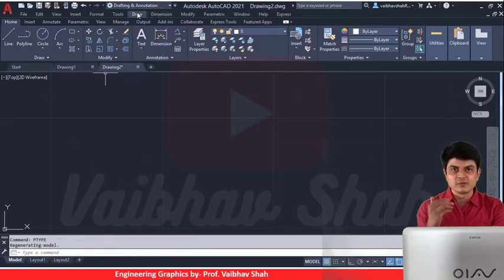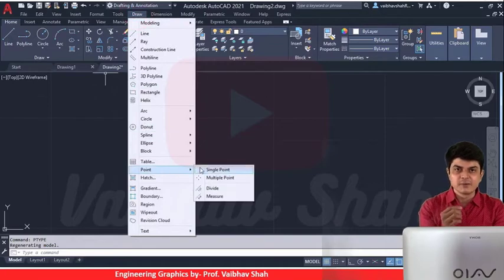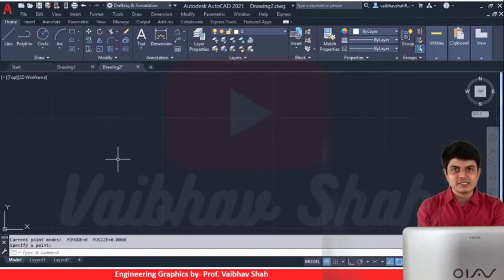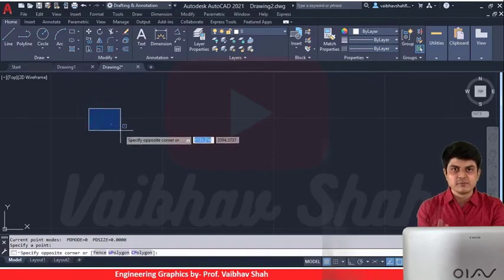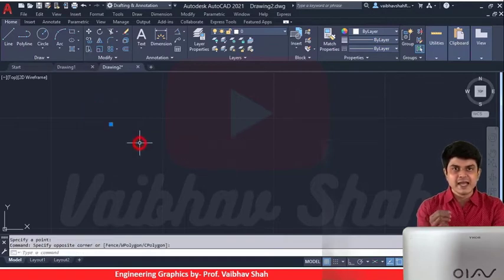So you'll be selecting from your draw toolbar. Let's click on the draw toolbar. You'll be selecting single point. After selecting single point, you should just define the point anywhere on your screen. I'm selecting the point somewhere there, and as you can see, the point is actually invisible, right? To see the point very clearly, we should create a selection window by pressing the left key, drag the box, and release your click. So we'll be having this point selected. Now you can see the point.